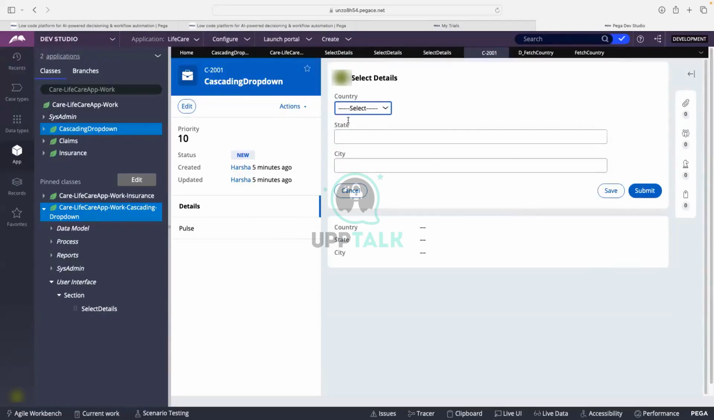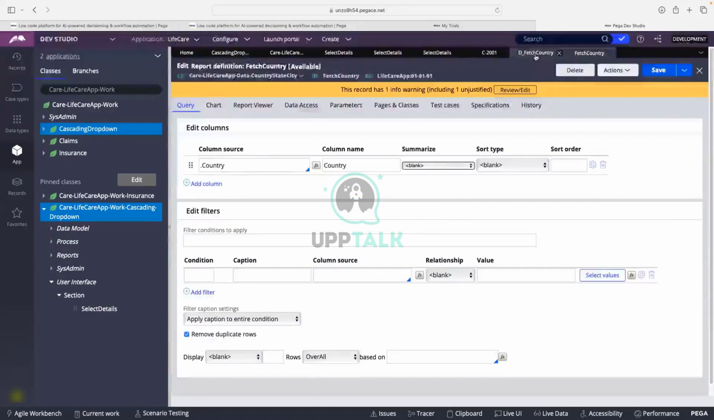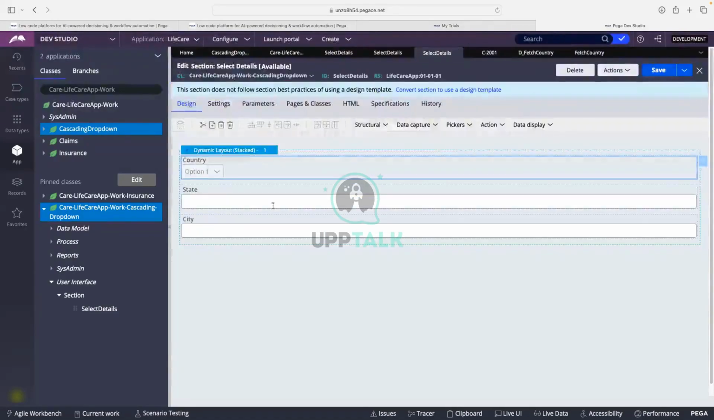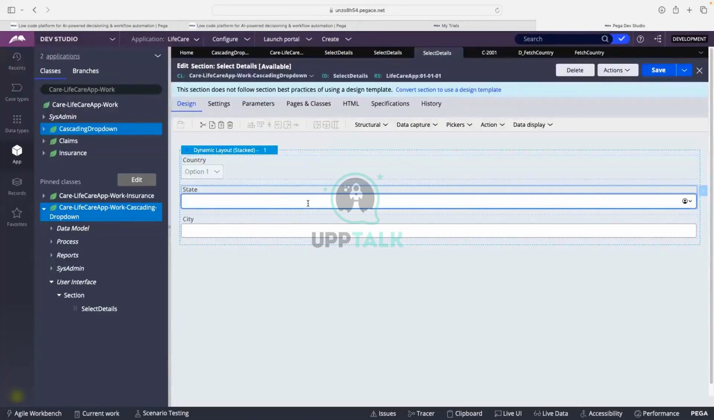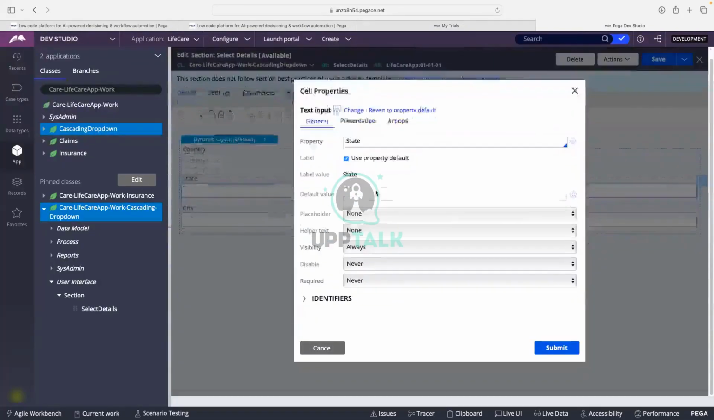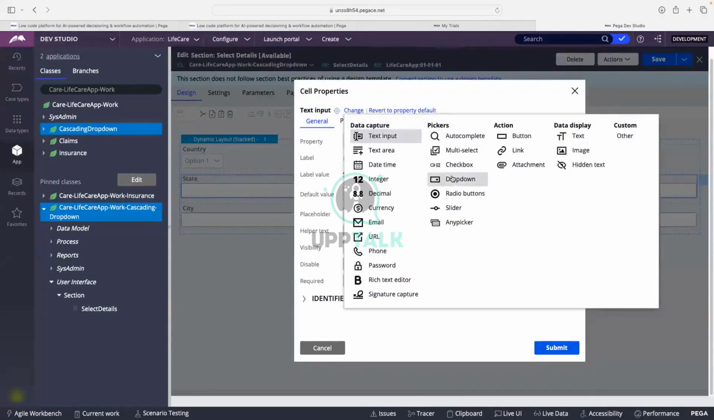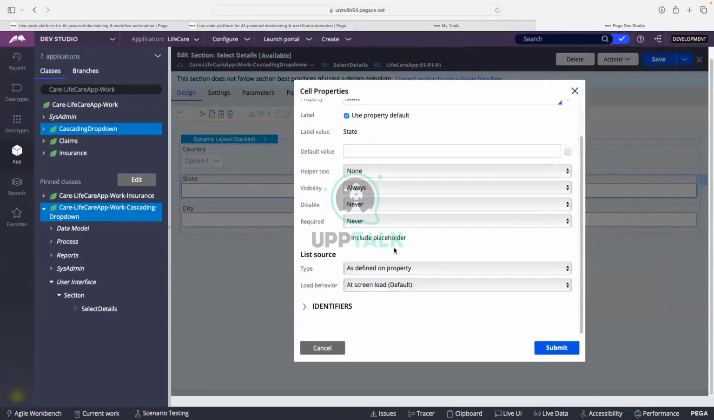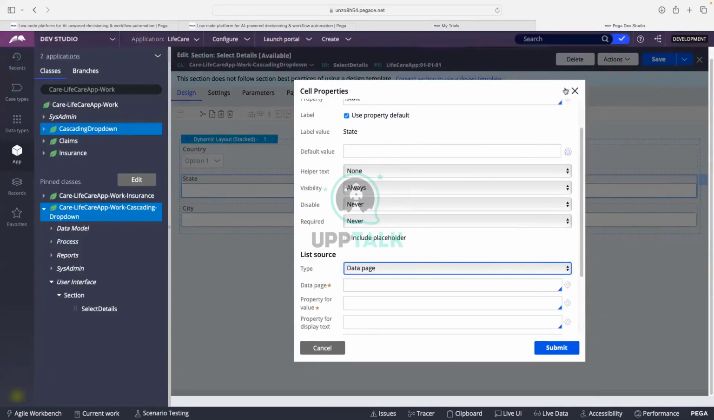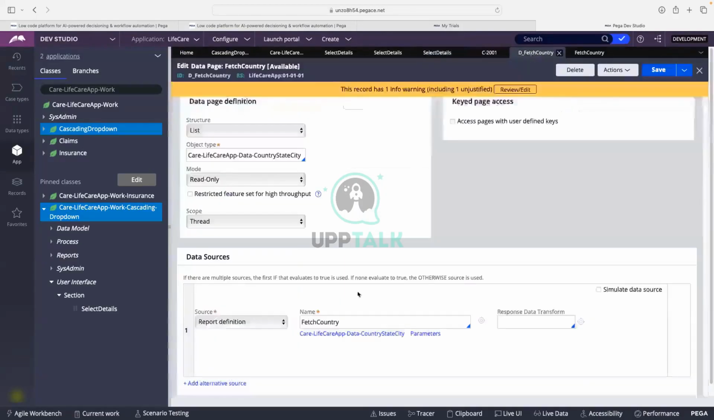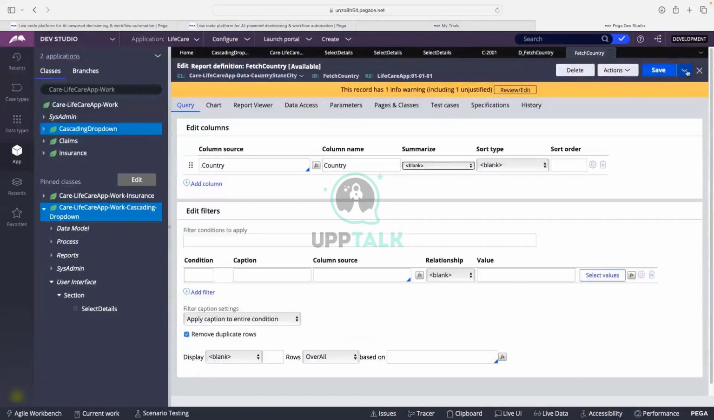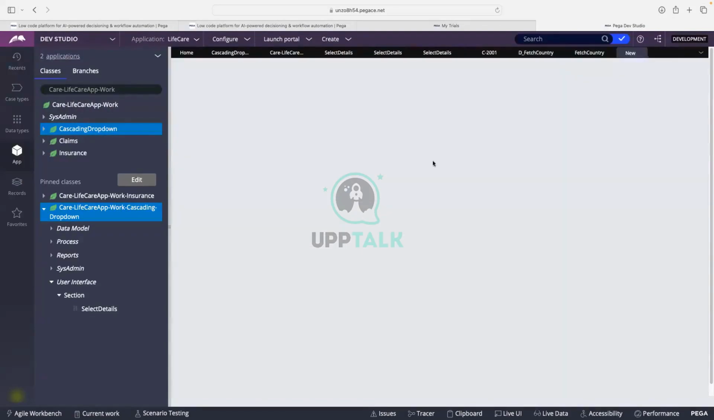Now we have to talk about the state. For state, we need to create one more data page now. First, I need to change this to drop down and data page. Let's say for this one, I will modify. This one only we can. Let's create a report first. For this one, we will use a